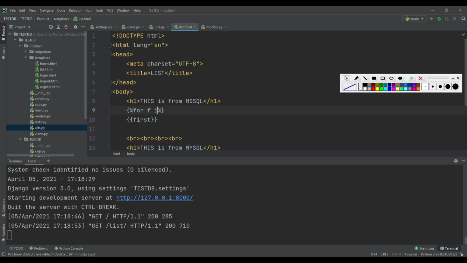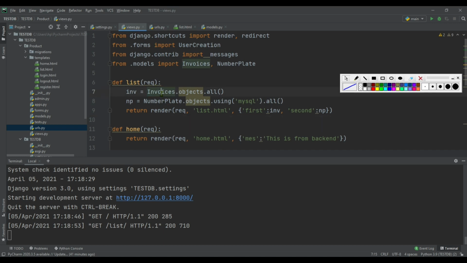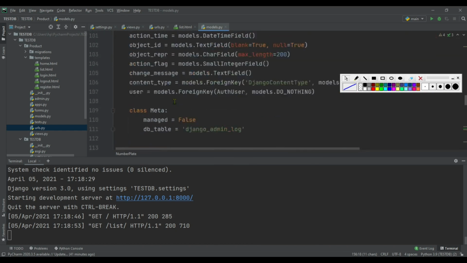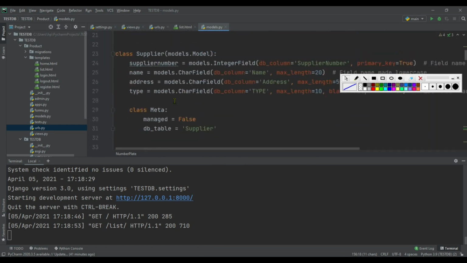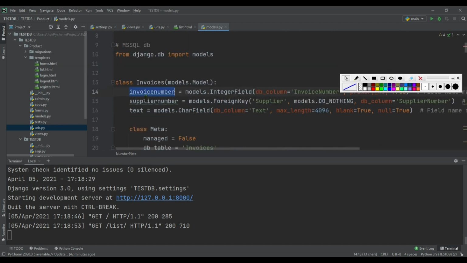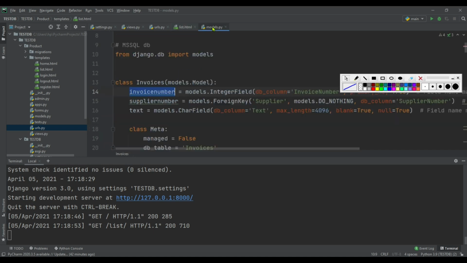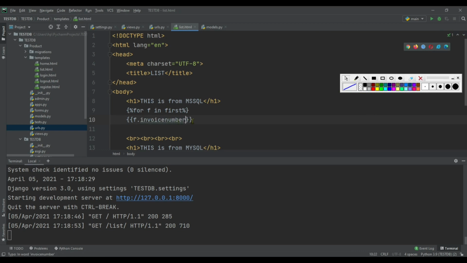For f in first, come back to views.py. Inside this invoices table, so there are 3 variables available. So we need to iterate with respect to these variables. So here f dot, copy this variable name, paste here,